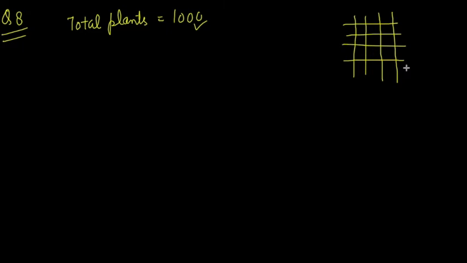Okay, find the minimum number of plants he needs more for this. So to satisfy this condition, that the number of rows should be equal to the number of columns, how many more plants does he have to add to this 1000 so that this condition is justified? So this is the same as that question, that the least number you have to find which must be added to make a given number a perfect square. So what we have done, we will be finding the square root of 1000 first.